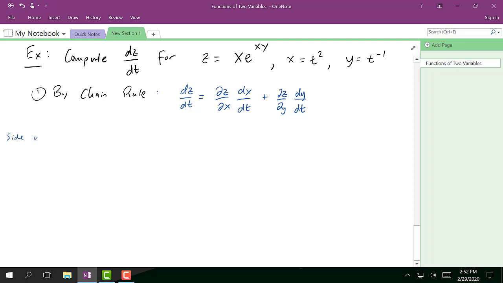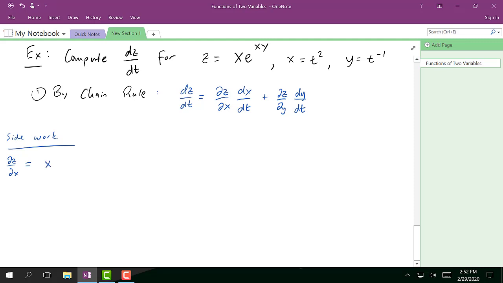And then we'll plug it into the formula we have. So we need to find the partial derivative of z with respect to both x and y. So we'll do that first. So partial derivative of z with respect to x. So we have a product of two functions of x, so to use the product rule, we're going to get